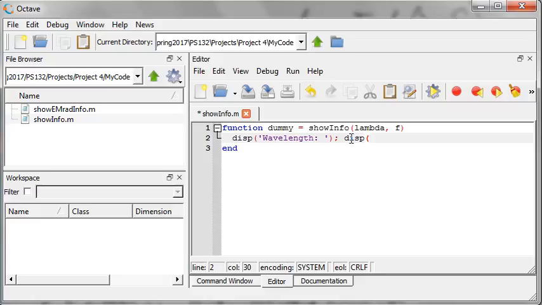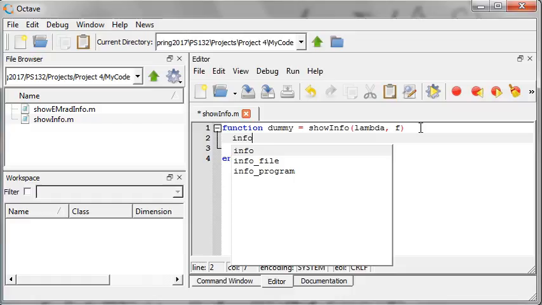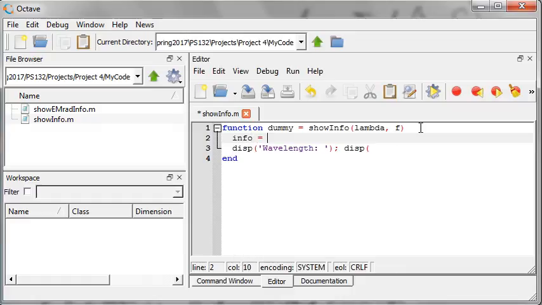And just display what I want to show. So I need a variable name. I think I'll just call it info. Info equals, and then wavelength colon plus, and then